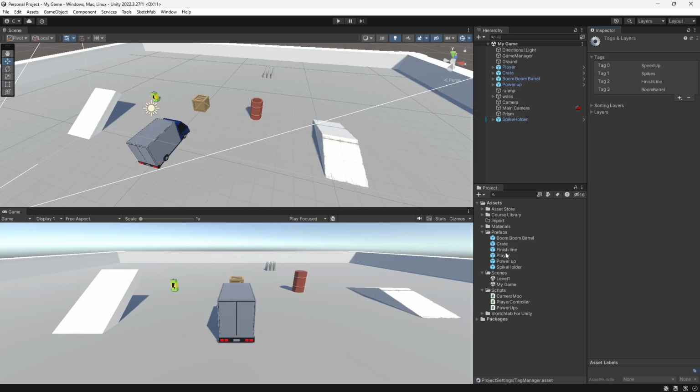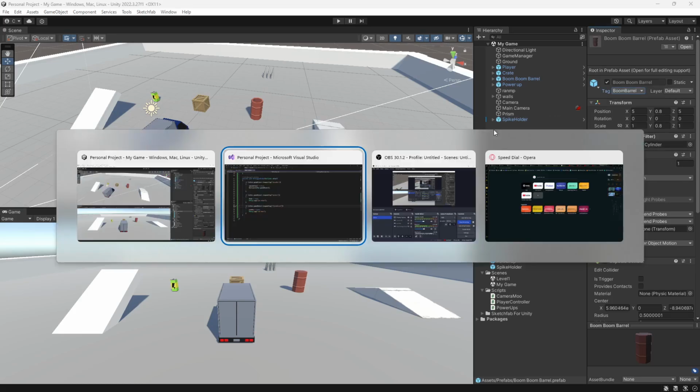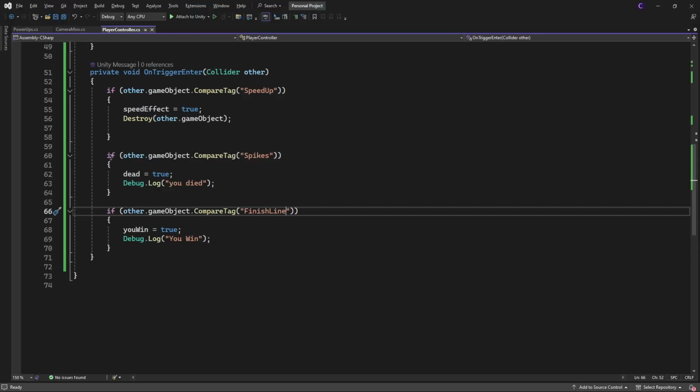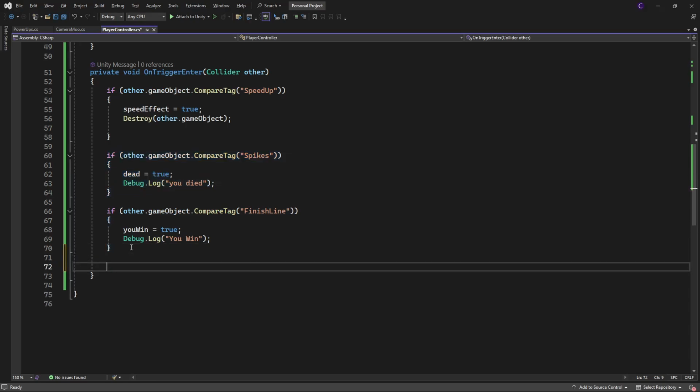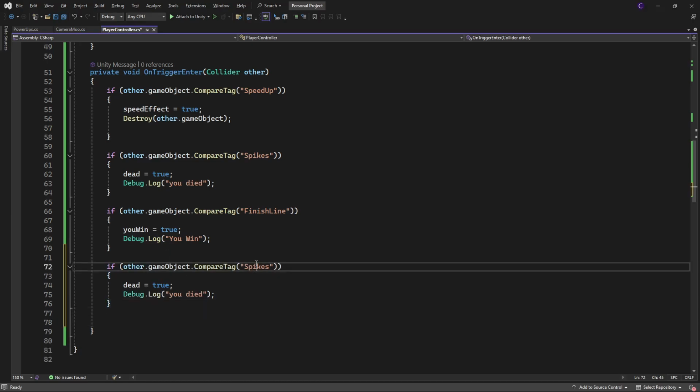I'll go into boom barrel, tag it with boom barrel, and then we'll go into here, get this, Control C, Control V, just hit enter twice again, spikes, and we will put,